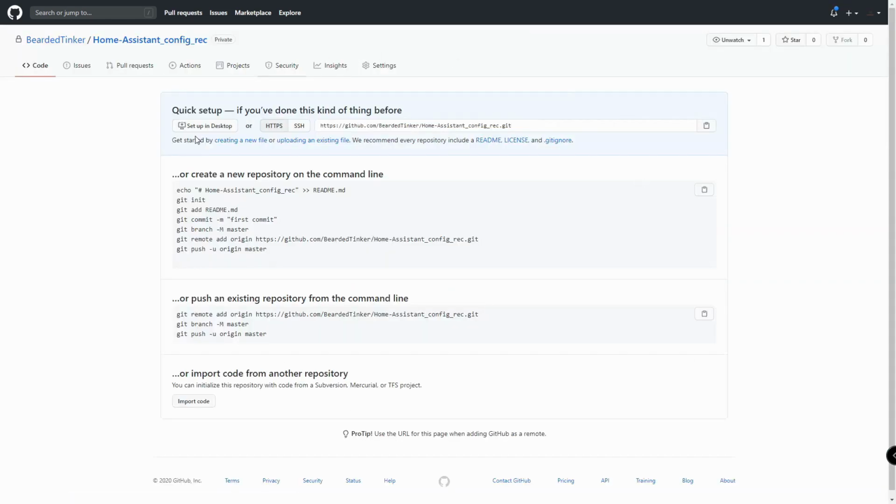And you will be welcomed with a screen like this. We can at this point disregard this if you want, and if you are using, for example, VS Code on your local machine, not just as an add-on or a Docker inside your Home Assistant or on the Synology, you can set up a GitHub on desktop computer and have a local VS Code editor to manage your configuration independently from